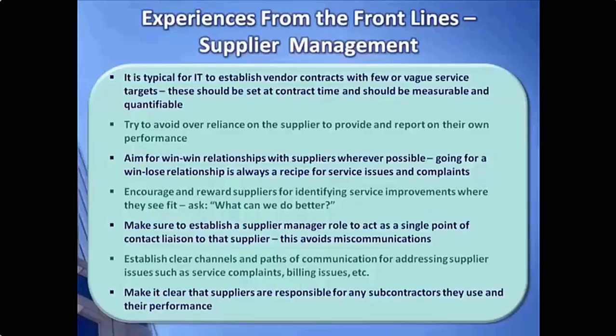Make sure that you design and build into your solution clear channels and paths of communication for addressing supplier issues. If there are service complaints, billing issues, or other things like that, make sure that there's very clear communication as to how you're going to handle those kinds of issues, and that there are communication paths in place. Also make it clear to the suppliers that you use that they are responsible for any subcontractors they